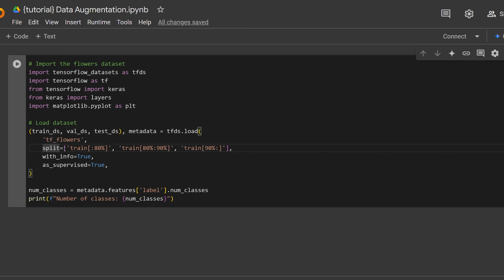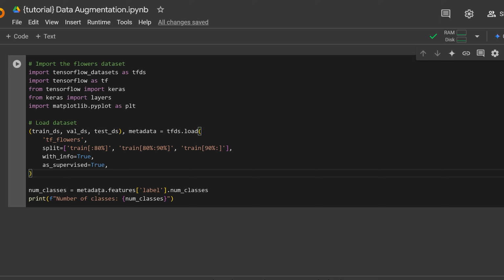And this will just tell it, as you can see, the split between the training set, the validation set, and the test set, which will be this, this, and this. We also have with_info, so it'll also give you some metadata to take a look at. Setting as_supervised to true just makes sure that we have the correct format. So for every sample or instance of these different sets here, it'll be a tuple that has both the image